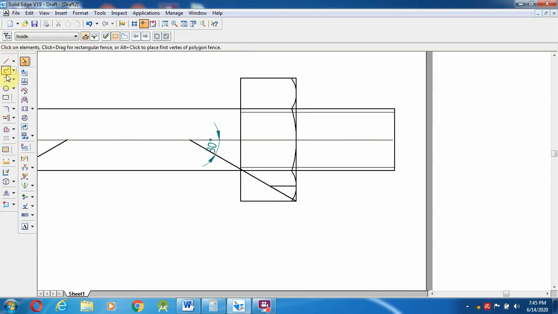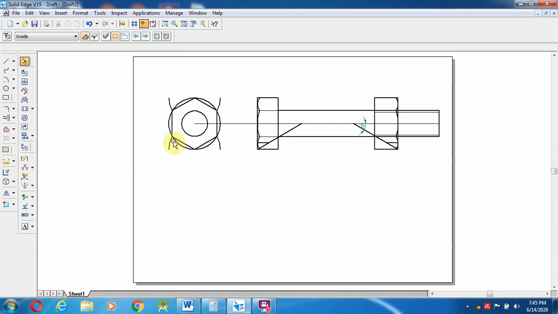So like this way we have to do the particular bolt and nut. So once we have created over here, how it becomes here. So go over here, circle, select the midpoint, and one more circle you can draw over here. So now this area is called the chamfer area.